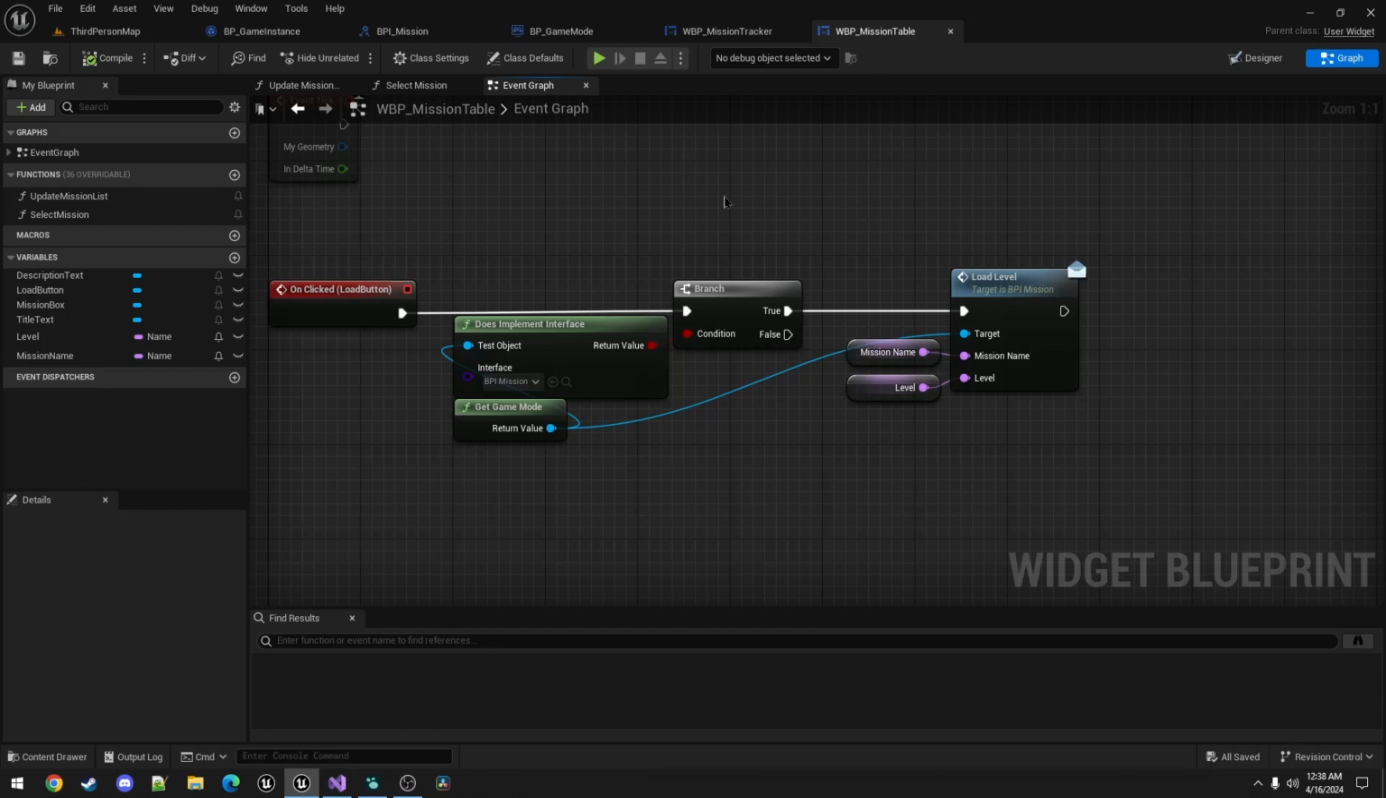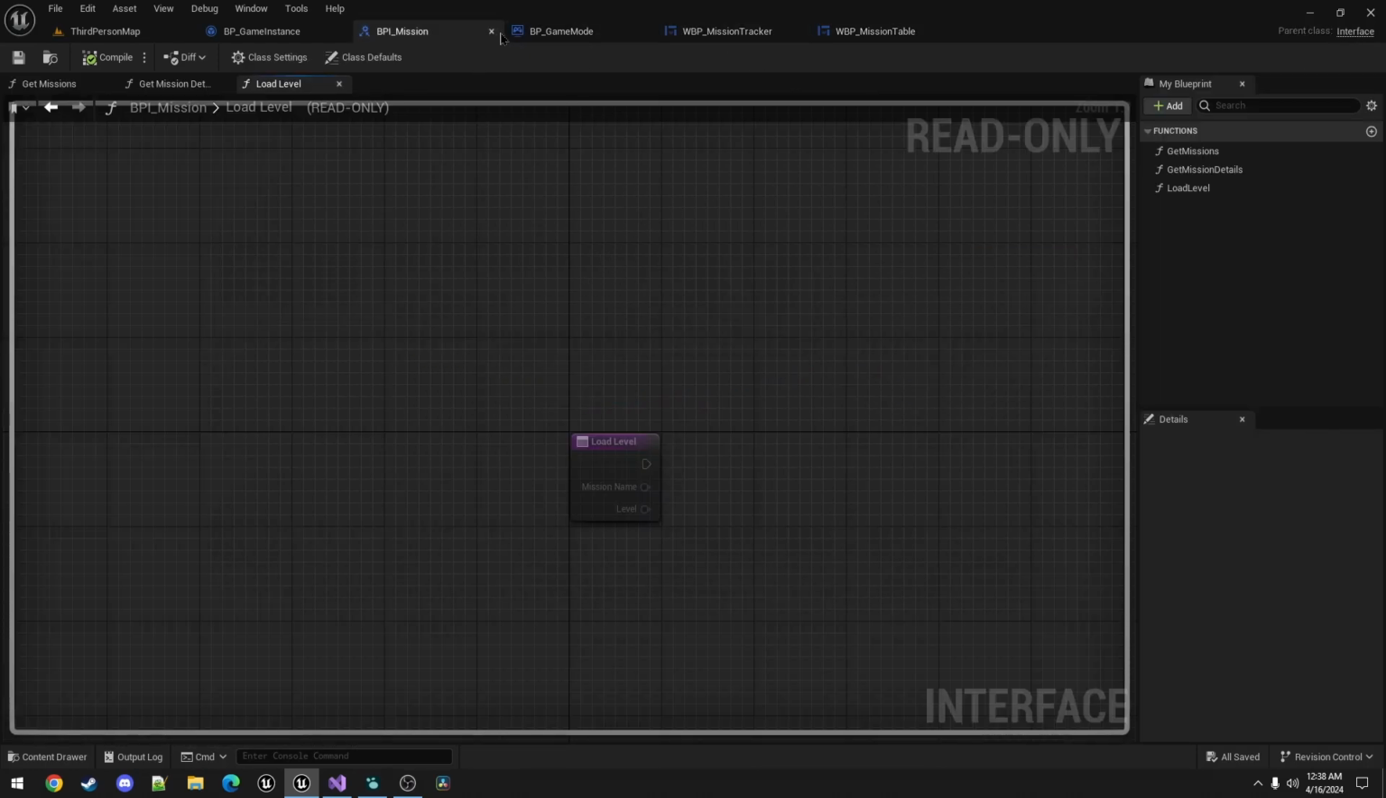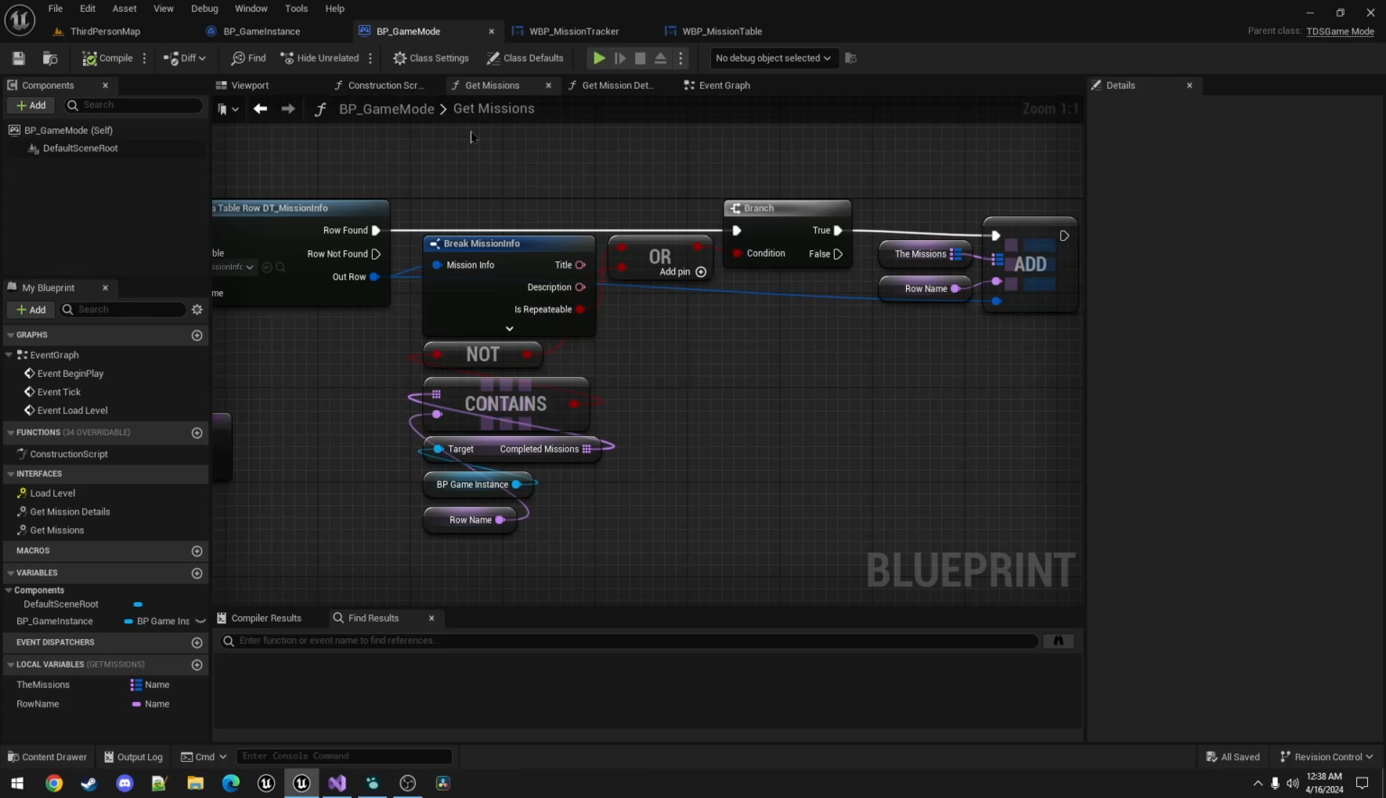You're given your list of missions. When you click on one, it's saving that information, including this. When you click the button, it will send along the mission name and the level to load level. Oops, double clicking, that doesn't work. In game mode, load level